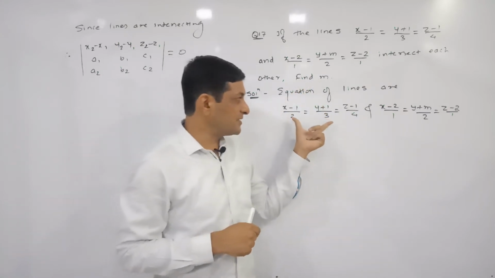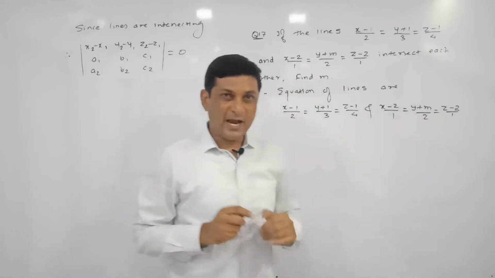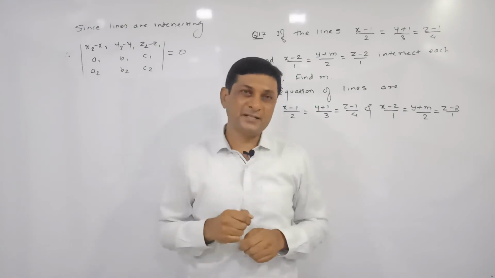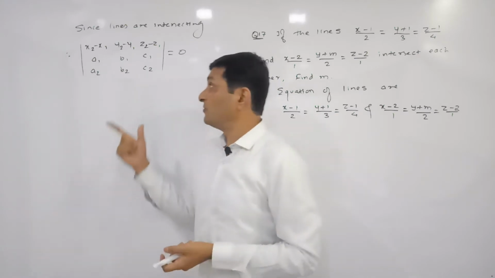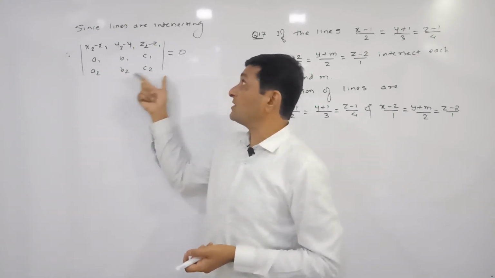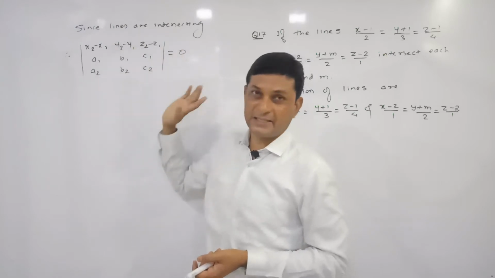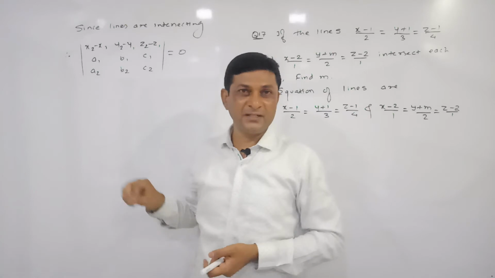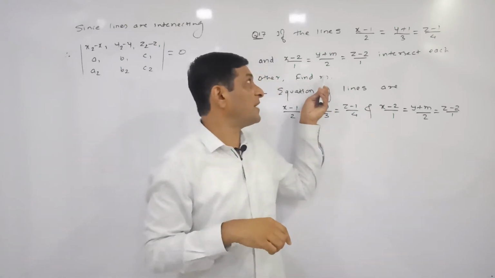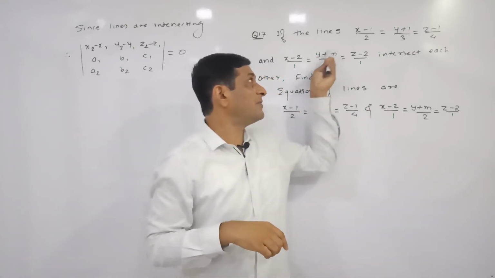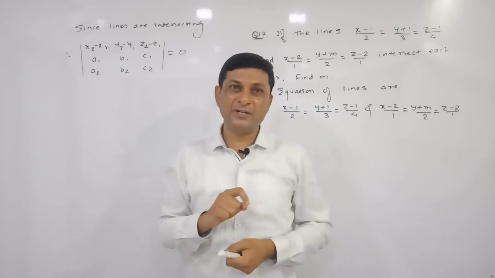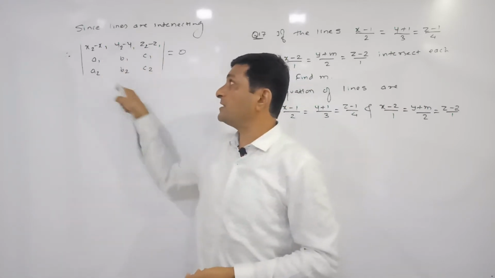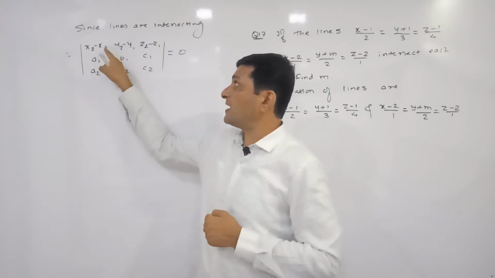So first we are considering the equations of the two lines, and it is given to us that the lines are intersecting. If lines are intersecting, at that time we will have this condition. This condition is satisfied if lines are what? Intersecting. So we are using the condition for lines to be intersecting to find our required unknown value m. Here one unknown value m is given to us and the question is to find the value of m. Now to apply this condition, we will require the values of what?